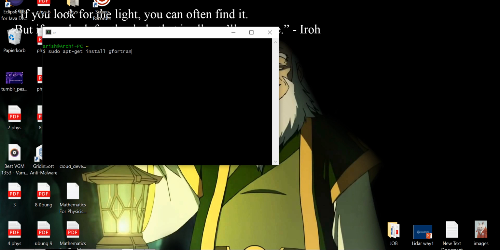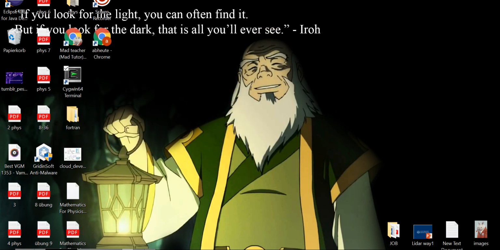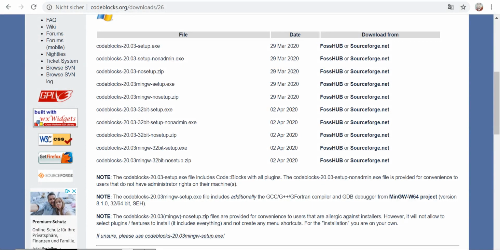Because my device right now is not Linux, is not Ubuntu, this terminal will not understand the command, but on Linux, after typing it, after a few moments, you would get a message that, for instance, the package was installed, and that was the end of it for Linux. Pretty easy. For Windows, previously it was hard, but right now you easily go to Code::Blocks,